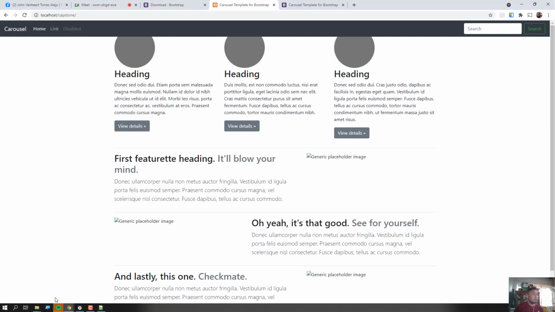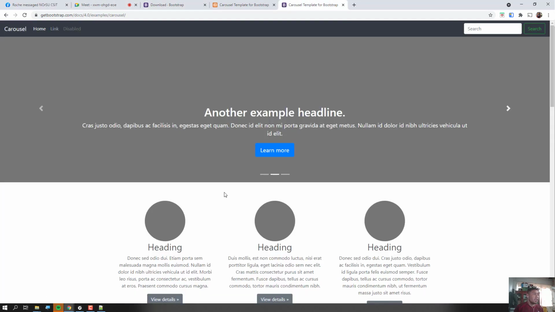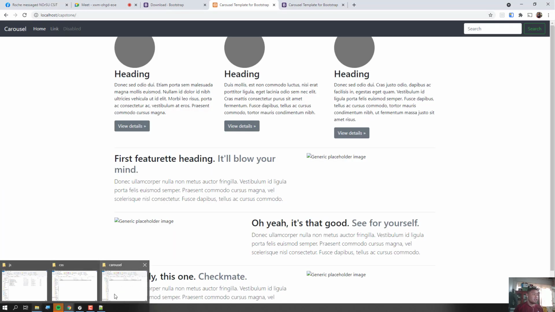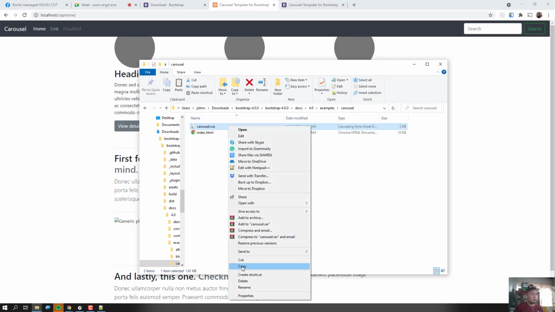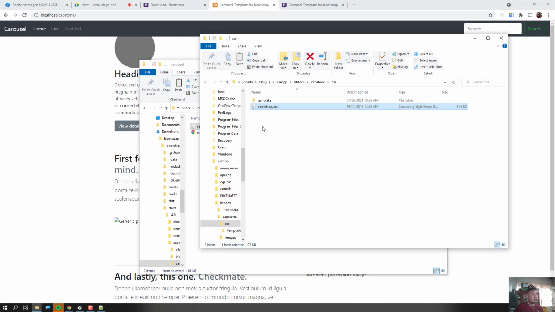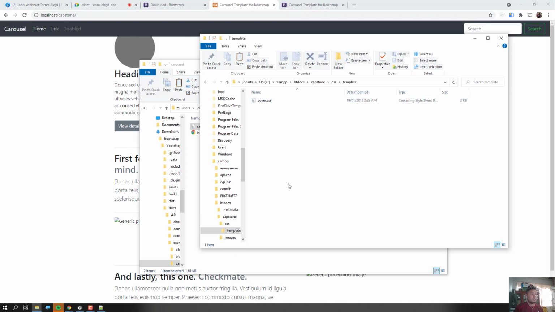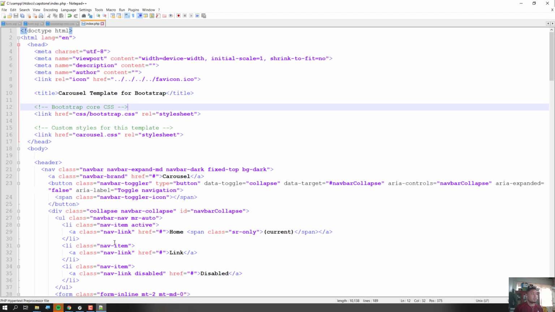So it's now the Bootstrap is working, but we have to make it much nicer, like the one that we see in here. We need to include the carousel.css. So right now we copy this one and paste it in our directory, Capstone, CSS and then template. We can paste it here, carousel.css. The next thing we're going to do is go to the source code, and we have already the carousel.css,